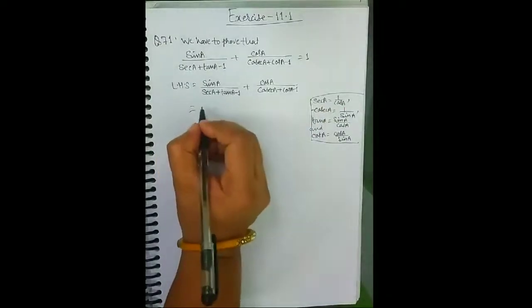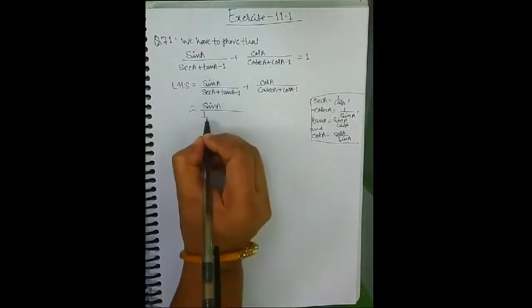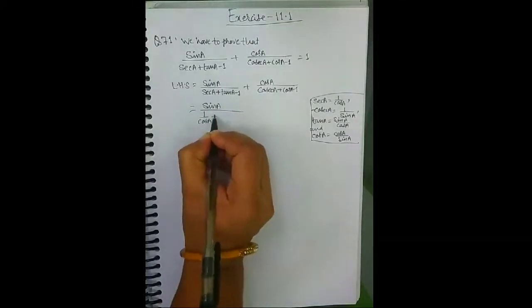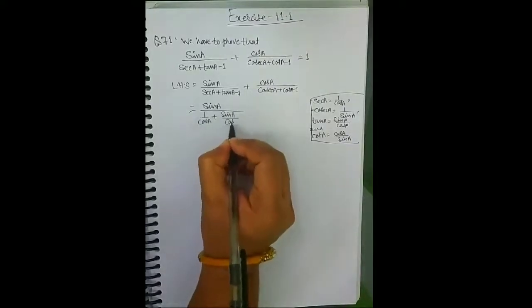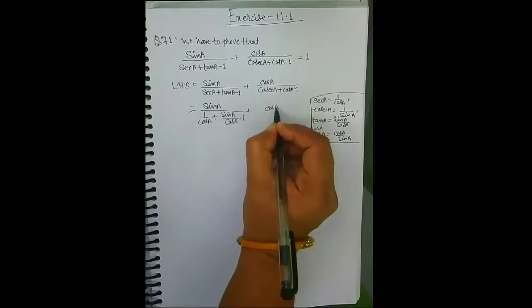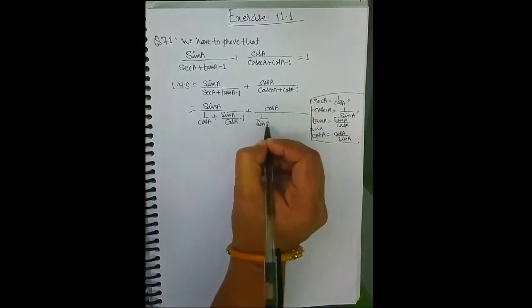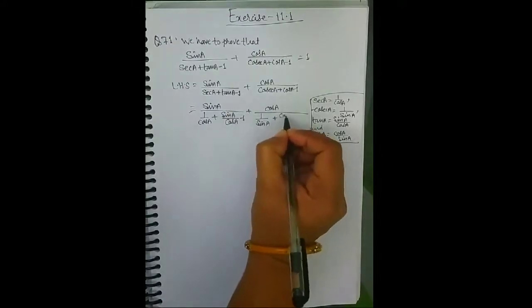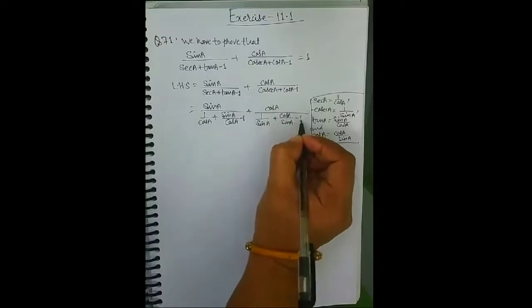So we can write sin a upon sec a, that is 1 upon cos a, plus tan a, that is sin a upon cos a, minus 1, plus cos a upon cosec a, that is 1 upon sin a, cot a, that is cos a upon sin a, minus 1।